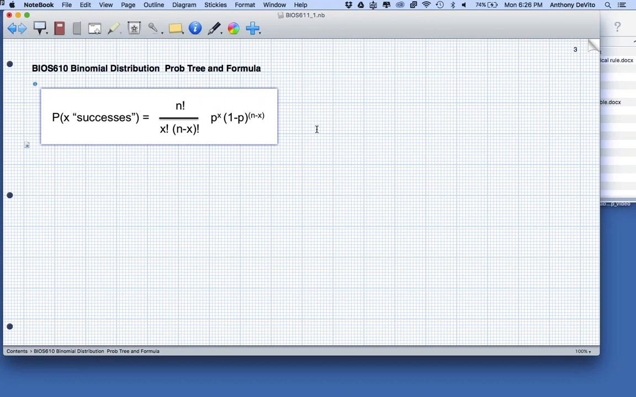So if I repeated the problem I just had before of what's the probability that I'd get exactly 2 heads if I flipped a coin 3 times, let's use the formula instead of what we did before with the probability tree and see if we get the same answer. So that's going to be equal to n factorial. What's n factorial? N is the number of trials, right? 3 times 2 times 1. Okay, what's x factorial? 2 times 1, right? Times n minus x factorial, which is 3 minus 2, which is just 1,